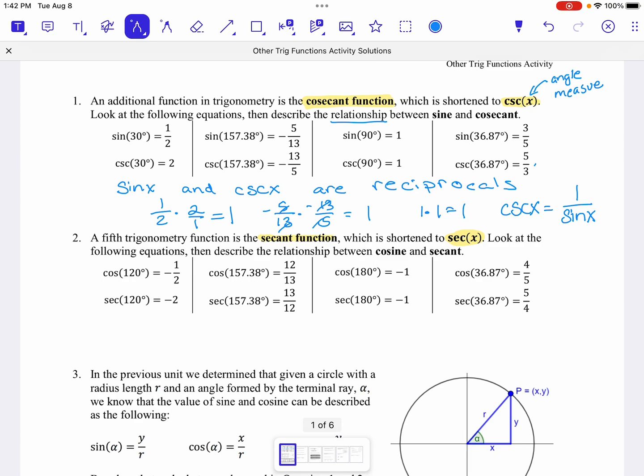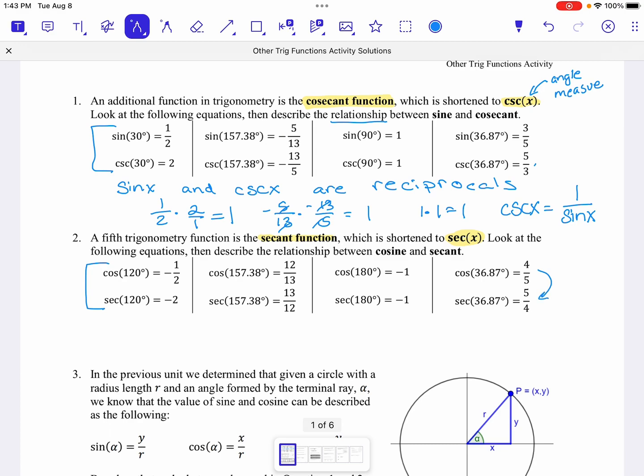So let's take a look at secant, and this time we're looking at its relationship to cosine. And hopefully maybe you're getting that sense that there's something going on here. There's a relationship. There's a pattern. There's a reason we've grouped these together. You'll notice cosine of 120 degrees is negative 1/2, while secant of 120 degrees is negative 2. We have a similar setup here as we did up here at the 30 degrees. And notice, we got the 12/13 and then 13/12, 4/5 and